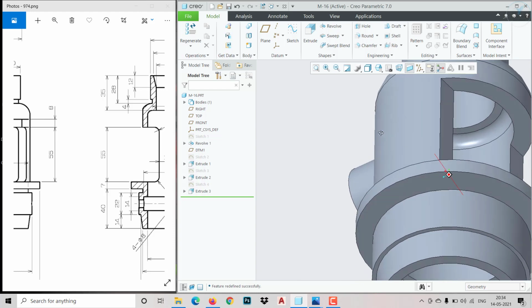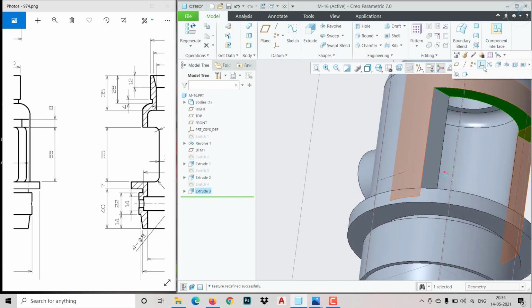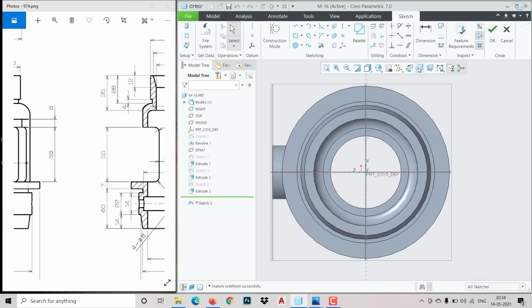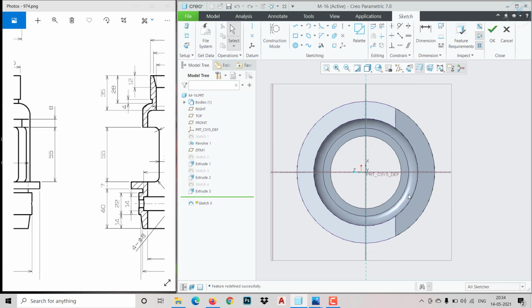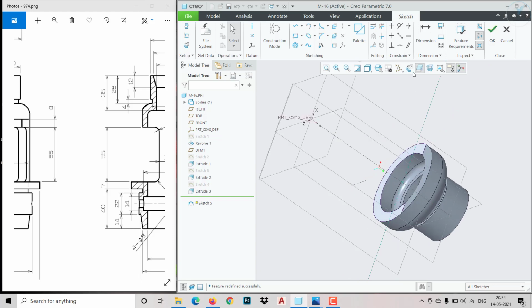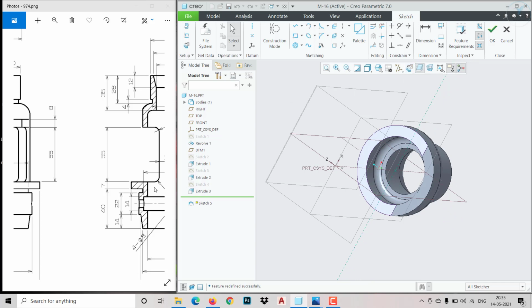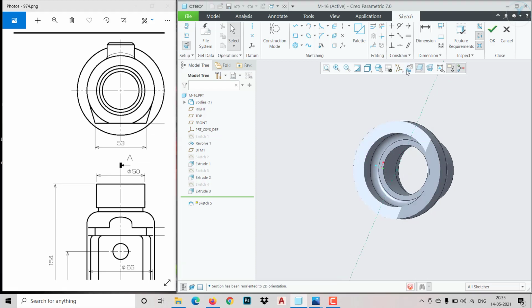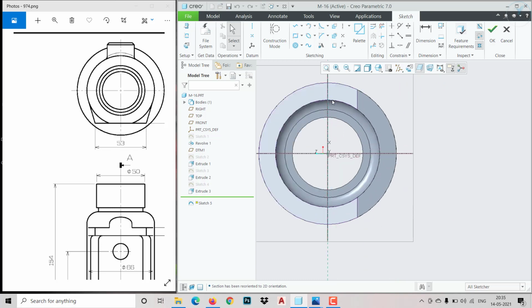So I need to choose this face and click on sketch option. So normal to it will come. Click on this option, this one we will use it called clip model. So you can't see the top thing and all. So we can clearly create it what we require. So because we don't require that portion, so we need to create just this shape. Okay, that we don't require that thing and all. So let me make it sketch view. So you can create a shape. Before that you can project it completely. Let me project this also.